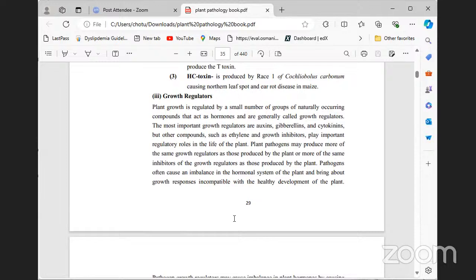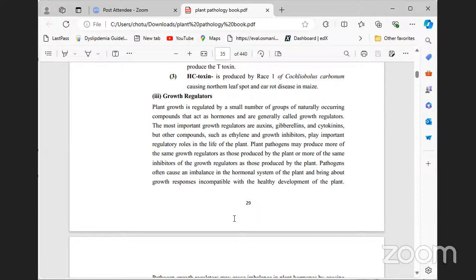Plant growth is regulated by a small group of naturally occurring compounds that act as hormones and are generally called growth regulators. The most important growth regulators are auxins, gibberellins, and cytokinins. But other components, such as growth inhibitors and ethylene, also play important regulatory roles in the life of